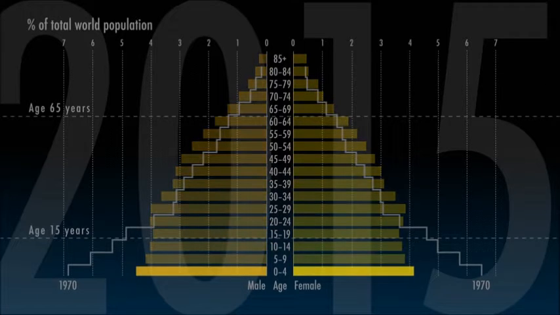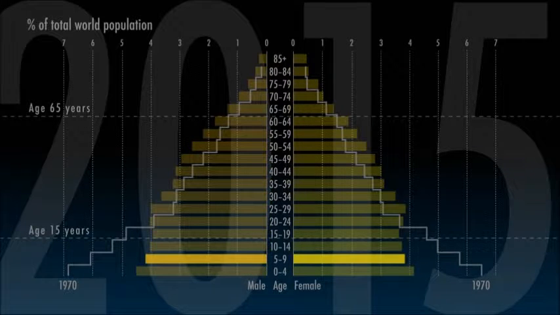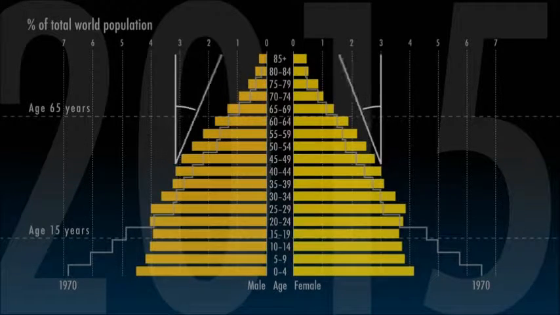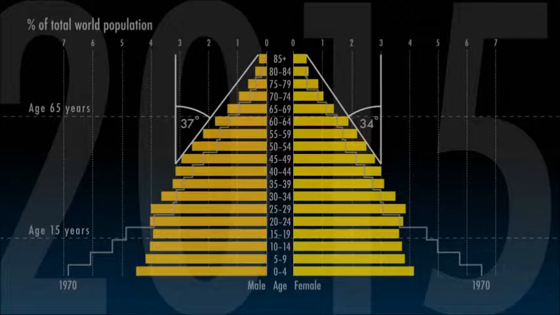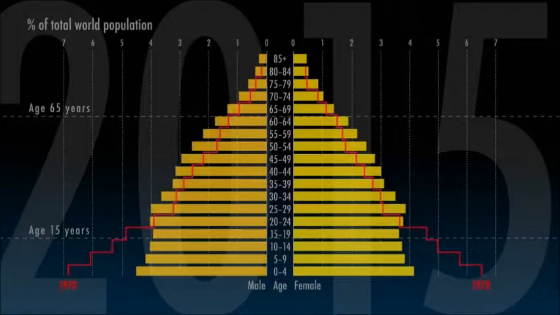Young children are still the largest group, but now make up only 10% of the population, and those above them are almost as big, with 9.5%. The angle of the slope changes most markedly only after the age of about 40. In 1970, the youngest had not only been the largest, but also the fastest growing section of the population.